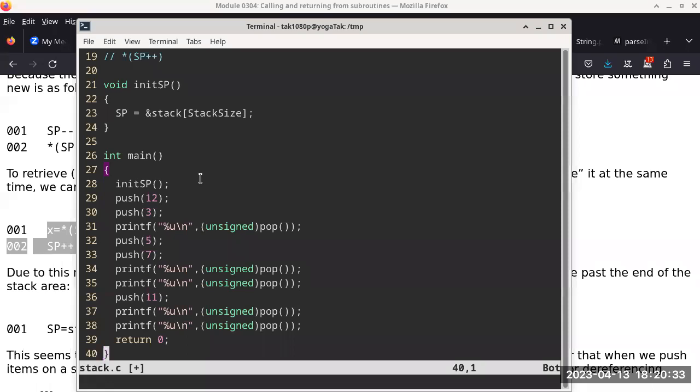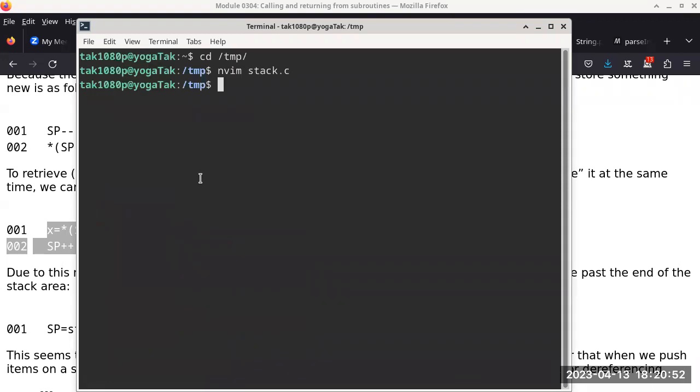So we have 12, and then we pushed 11 on the stack. So now we have 12, 11 on the stack. The first pop on line 37 is going to pop 11, and then we'll pop 12 here from the stack. Okay, so this program is going to be runnable, and I can definitely share this program with